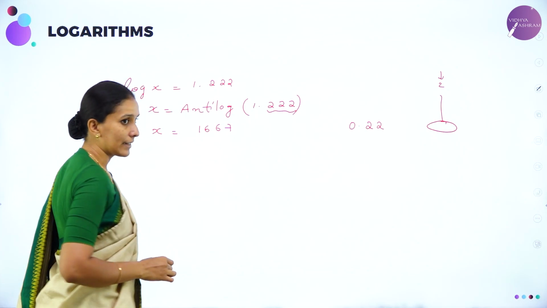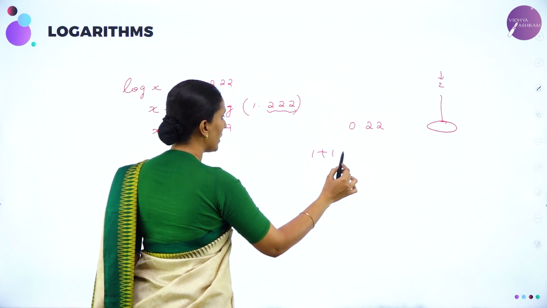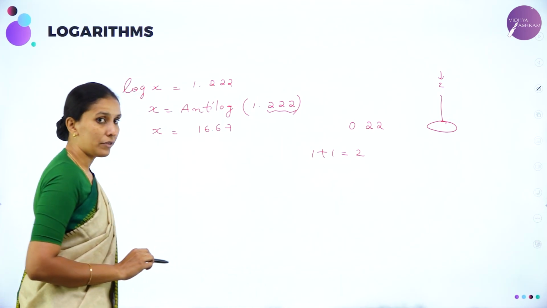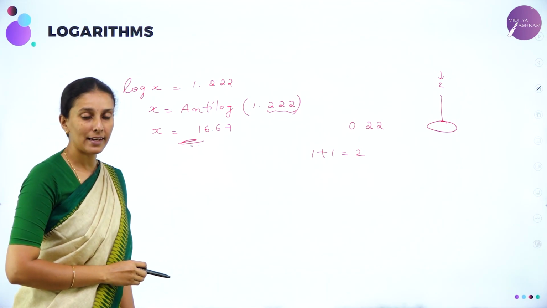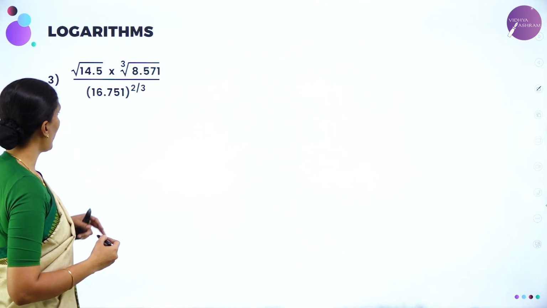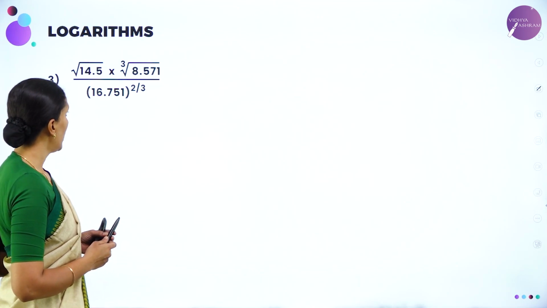Now, we'll take the characteristic. So, characteristic is 1. So, add 1, then it gives 2. So, which means you need to place a decimal point after 2 digits. So, therefore, the value of x is 16.67. Next, again using log, we have here square root of 14.5 into cube root of 8.571 divided by